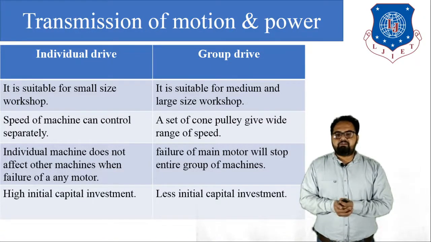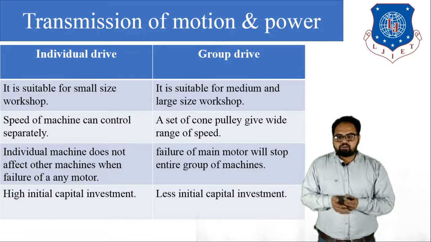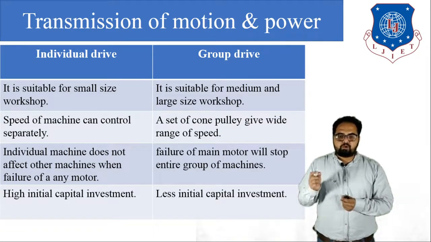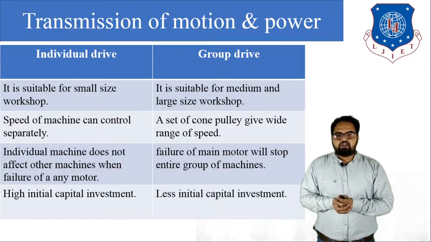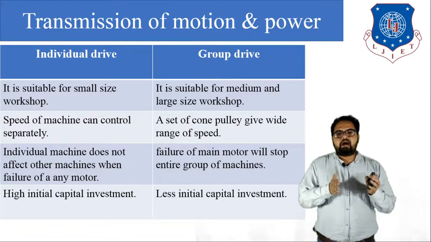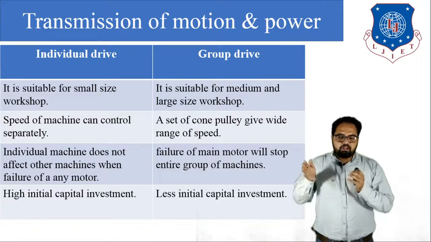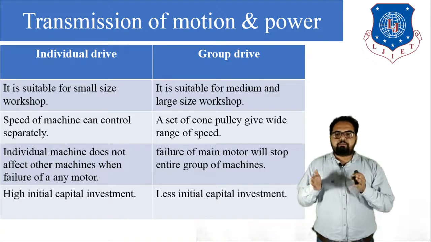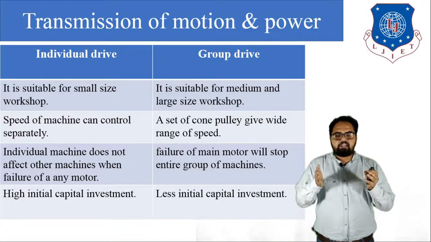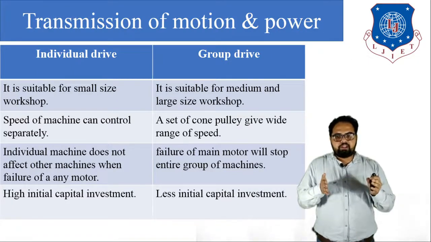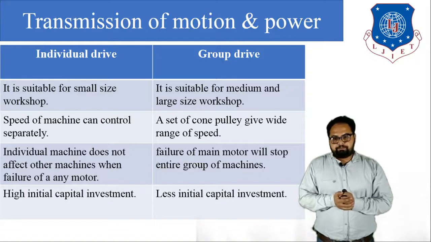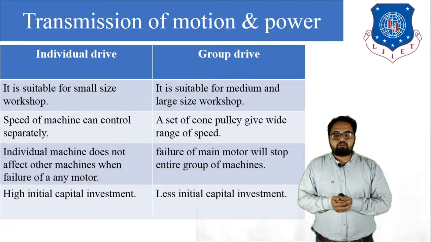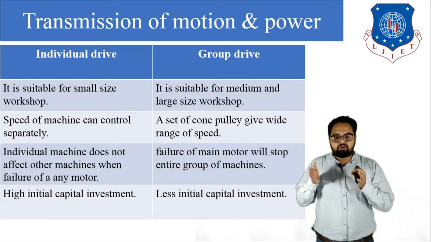Now the difference between individual drive and group drive. Individual drive is suitable for small size workshops, and group drive is suitable for medium and large size workshops. In individual drive, each and every motor and starter is fitted individually, so the speed of the machine can be controlled separately, while in group drive a set of cone pulleys gives a wide range of speed. An individual machine does not affect other machines when there is failure of any motor, because it has its own motor